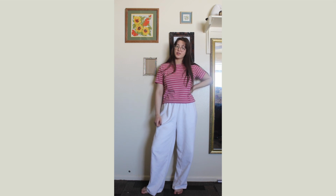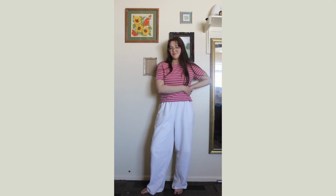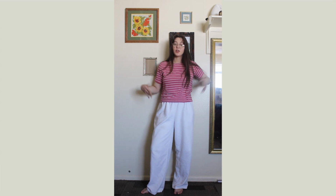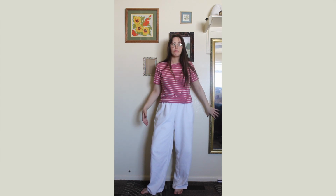Not everything you sew has to be extraordinary and over the top. I have made so many things that are over the top and I love them. But it's nice to just have basics in your wardrobe too, things that you can wear on an off day and on a day you just want to sit around,